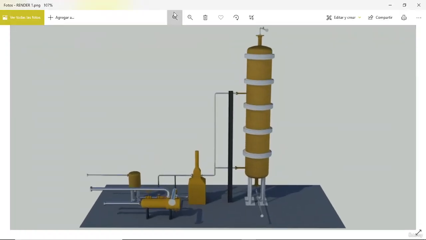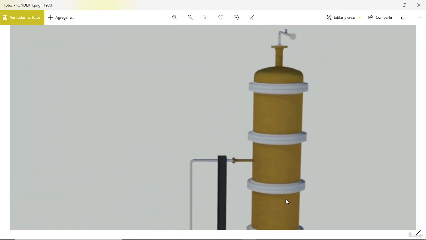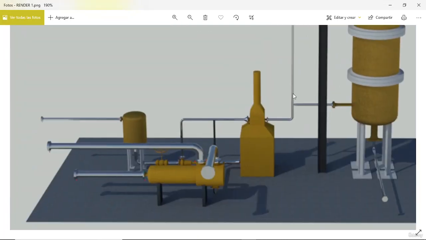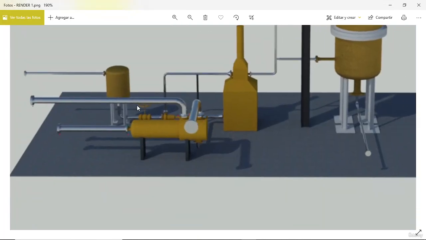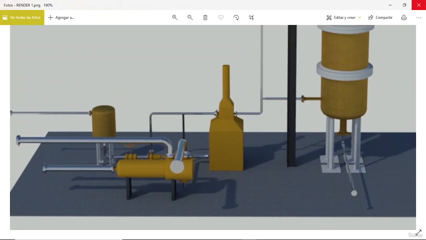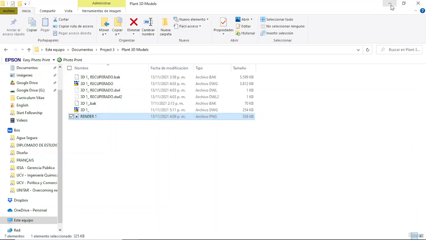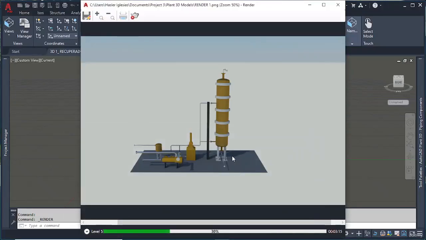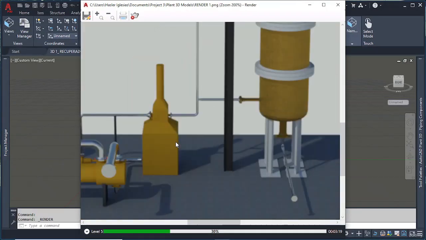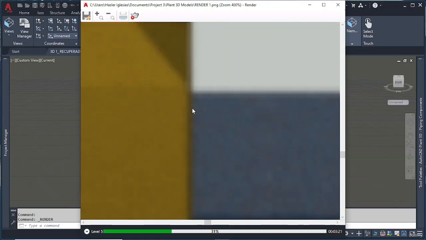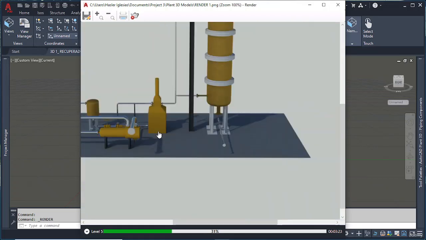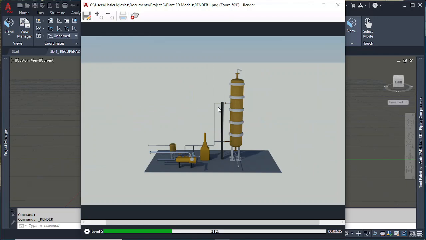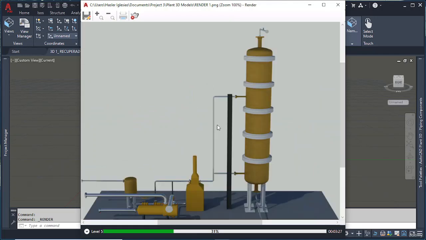Okay, so here it's a PNG image. It's not the finished render. The image is still rendering. Okay, so I can create another one. So well, this is how you do that. You can see here the quality. Well, it still needs some more layers, but this is how you create renders, and this is how much time